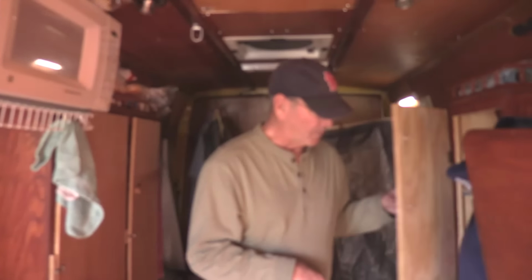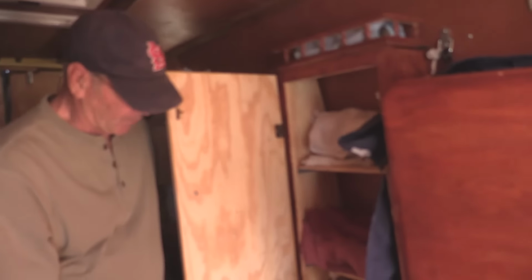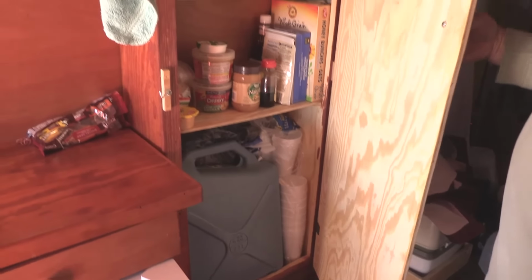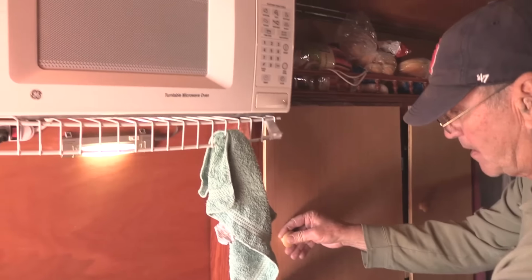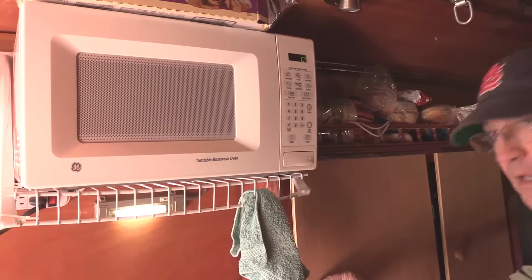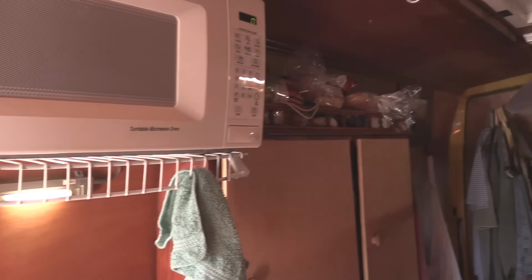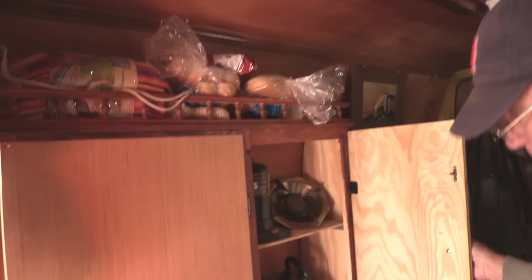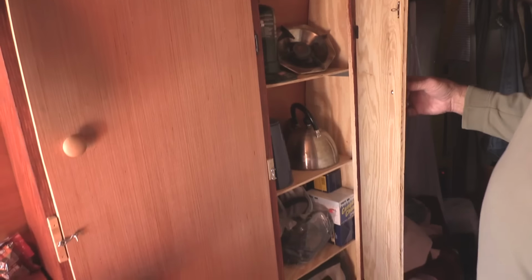And then I put some cabinets. I have clothes and extra stuff in cabinets, and food of various kinds. And you're running the microwave just off the generator. Right, absolutely. And it's handy to have, and then a few tools, extra storage. And I have